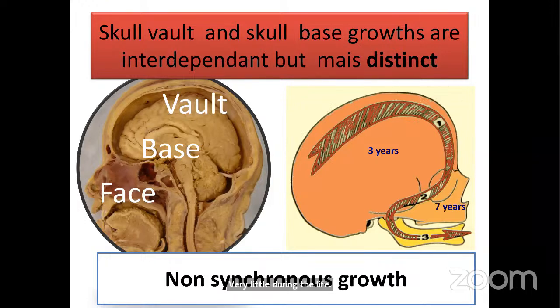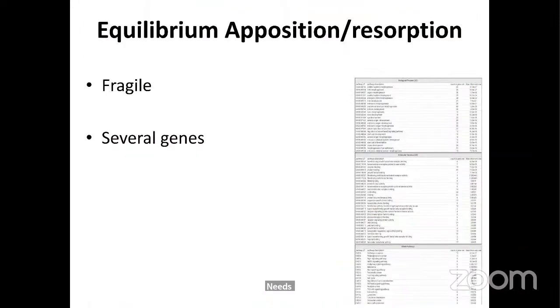This growth needs a very tight equilibrium between the different factors that favor ossification and those that favor resorption and modification. There is an equilibrium which is very fragile and involves several genes, several molecular cascades that we know more and more about, involving several genes that you may recognize if you also do